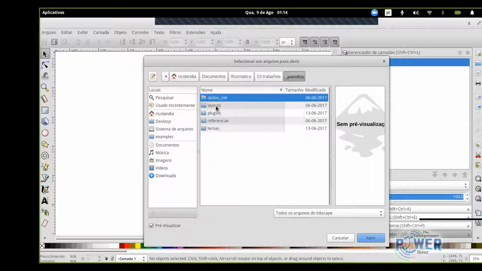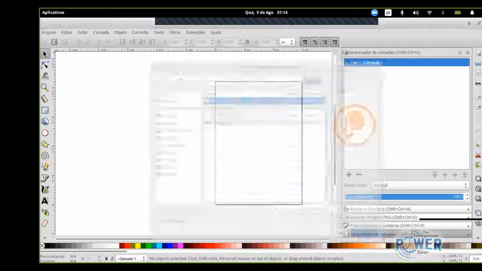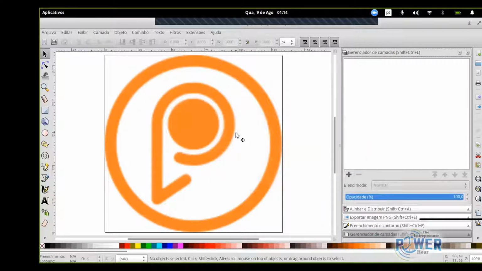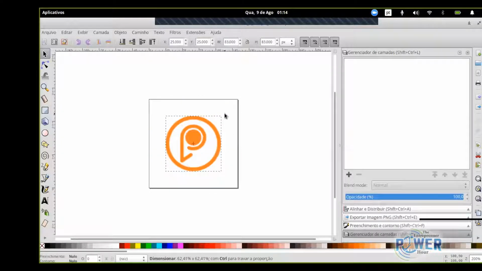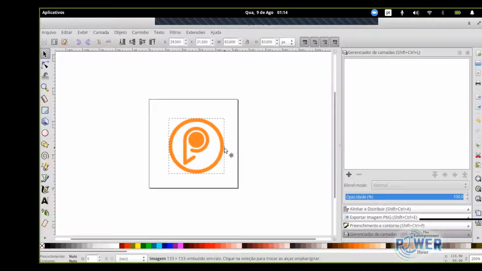I have one here. Logo. Okay. This is a bitmap one already created, but it was created here inside of Inkscape. As I said last week, I always like to work with simple images. With logos, I always create simple images, because I always think that they just need to be